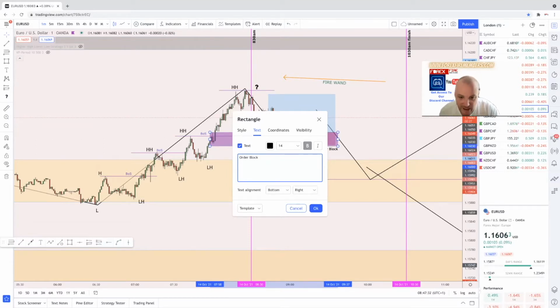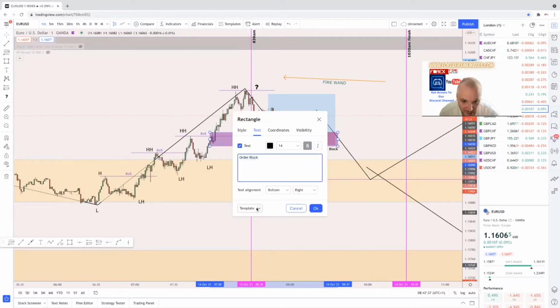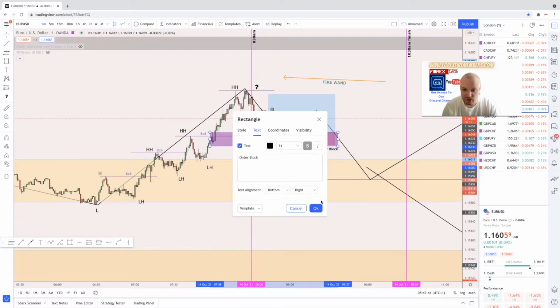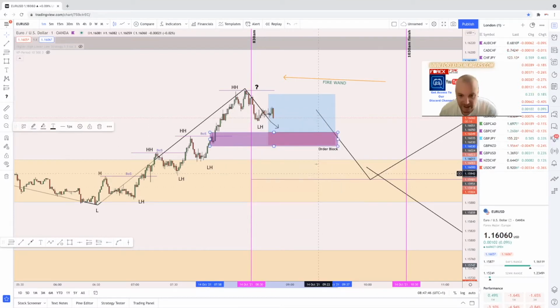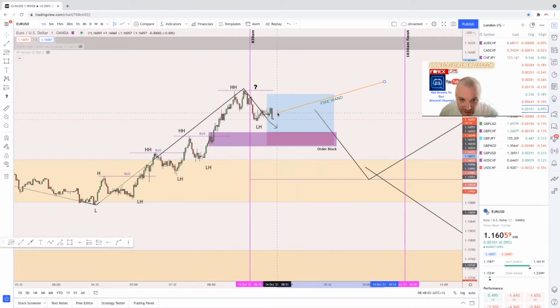and I'm trying to make these as visual as I can. Template, and then you can go to save as. You can put what these are, so when you draw them out, you can see what they're exactly going to be. So this is the order block. Okay, we're waiting for the touchdown, and then hopefully price will come back up to go back to the higher side. If price continues, once it comes into touch into the order block and continues to drive down through here,